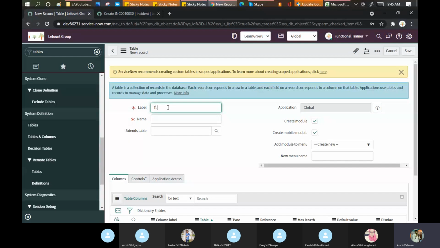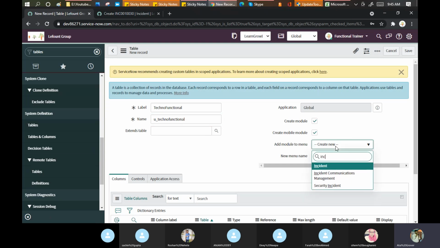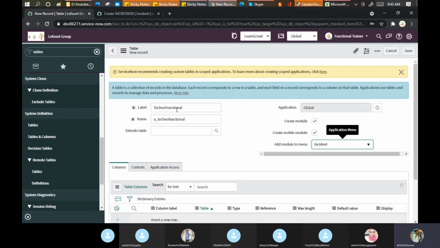My table name is techno functional, and this is my label name. I don't want to extend anything. Let me create it in the incident application only, because I want this module to be in the incident table only.